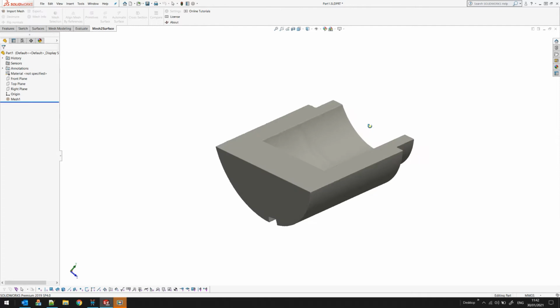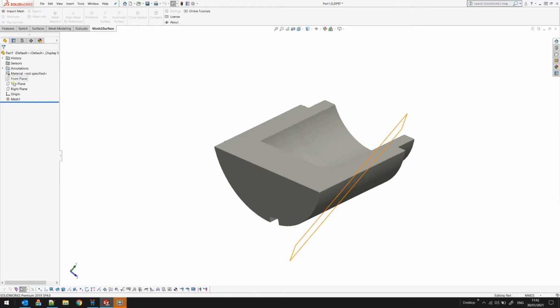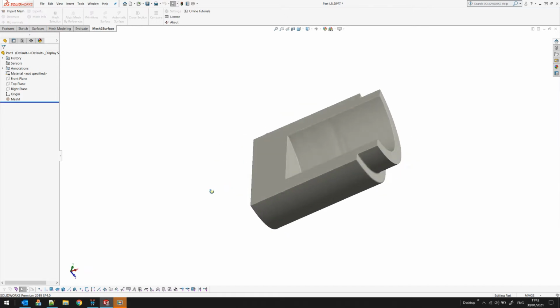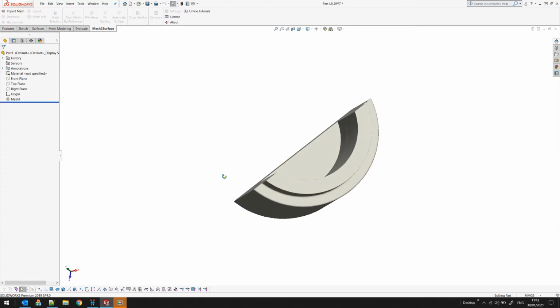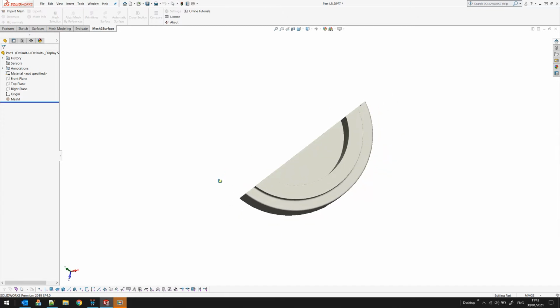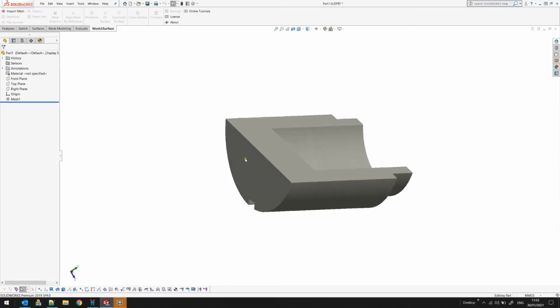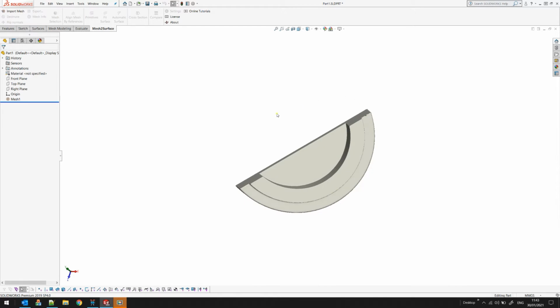Placing this involves some understanding about coordinate systems. What is a coordinate system? It is what you see at the bottom left of the screen, and this is what we want. For example, we want the front plane to be this one and the top plane to be this one, and we need to place this. Before we continue, we need a little bit of understanding. What we need here is to define this as a plane in SolidWorks. Then we need probably to get an axis here from this cylinder, and then we need another line here that